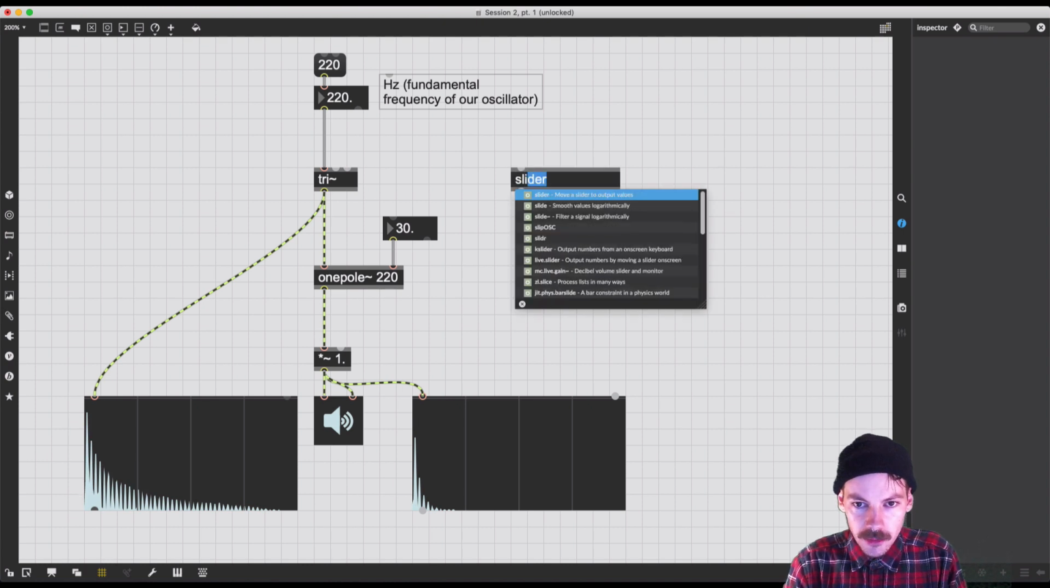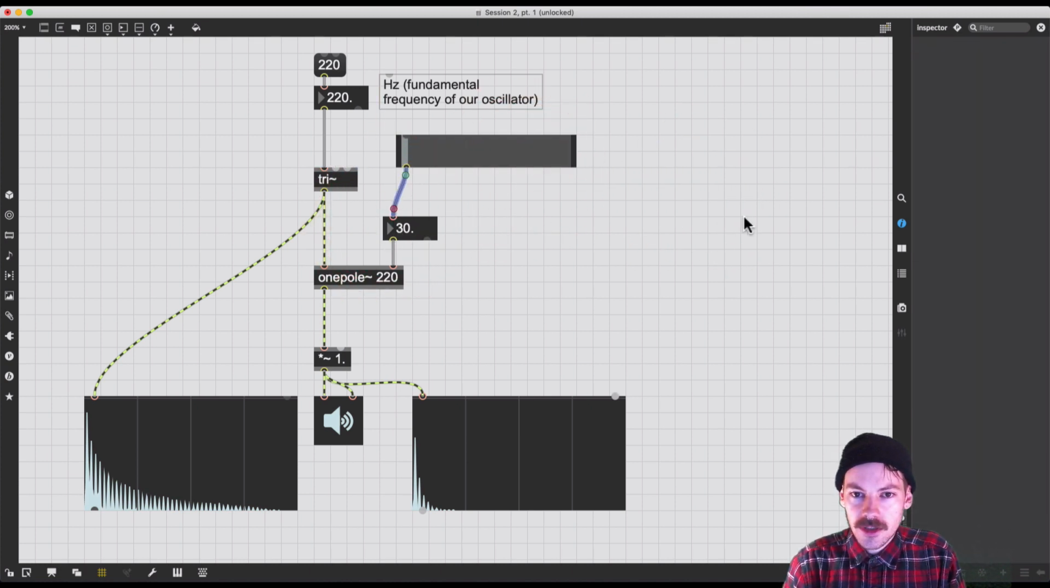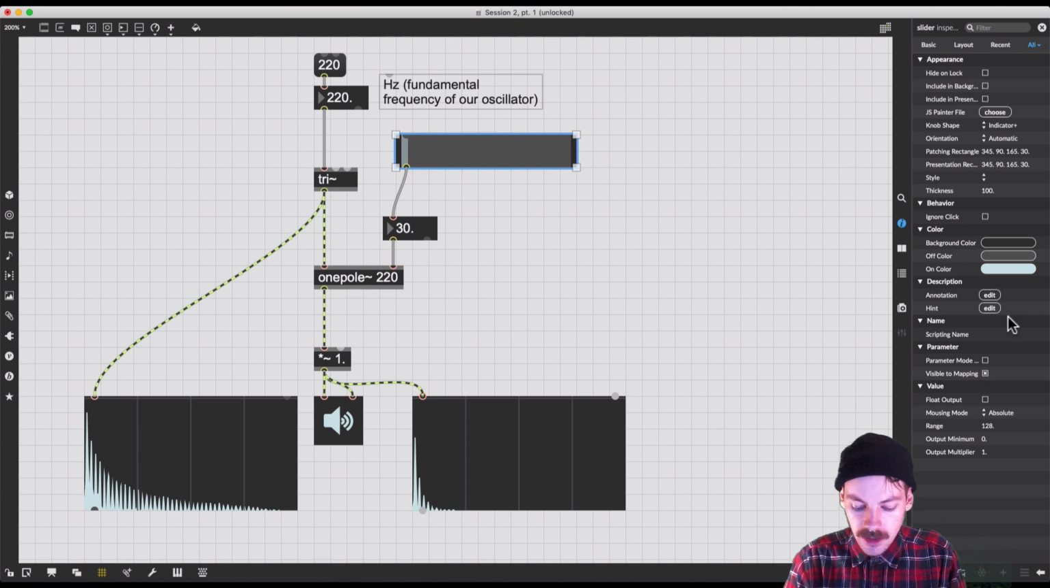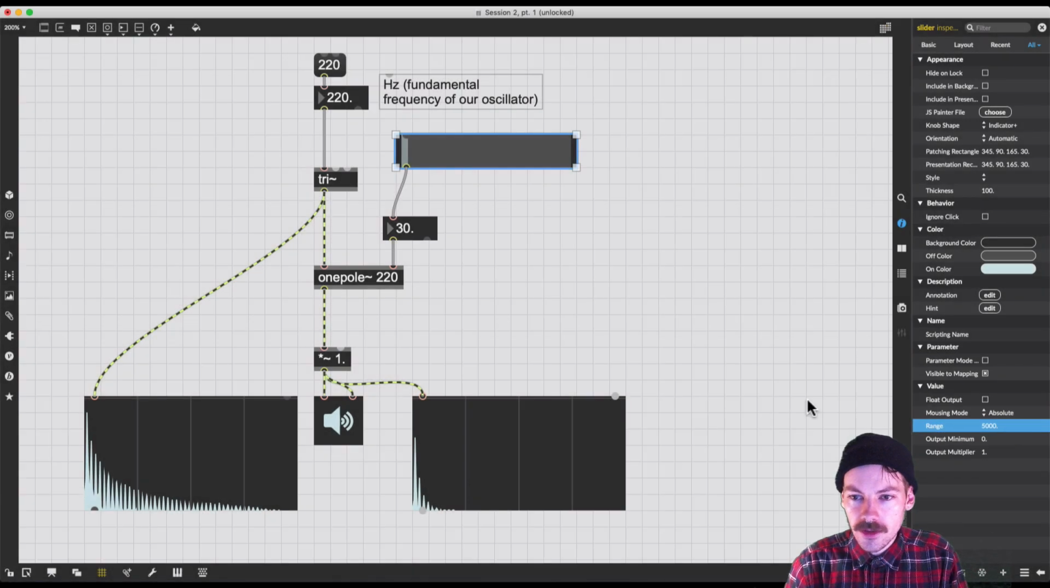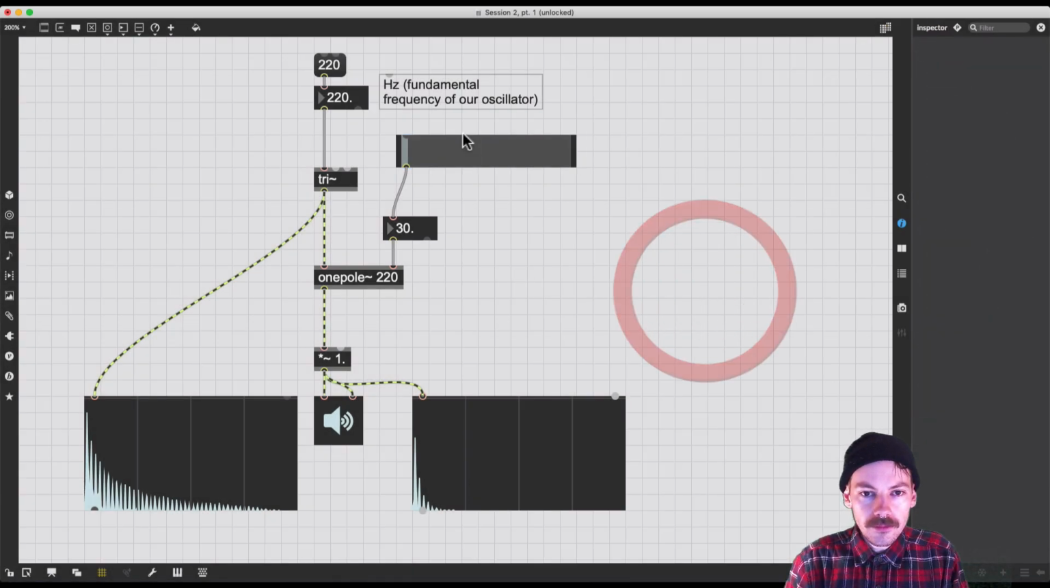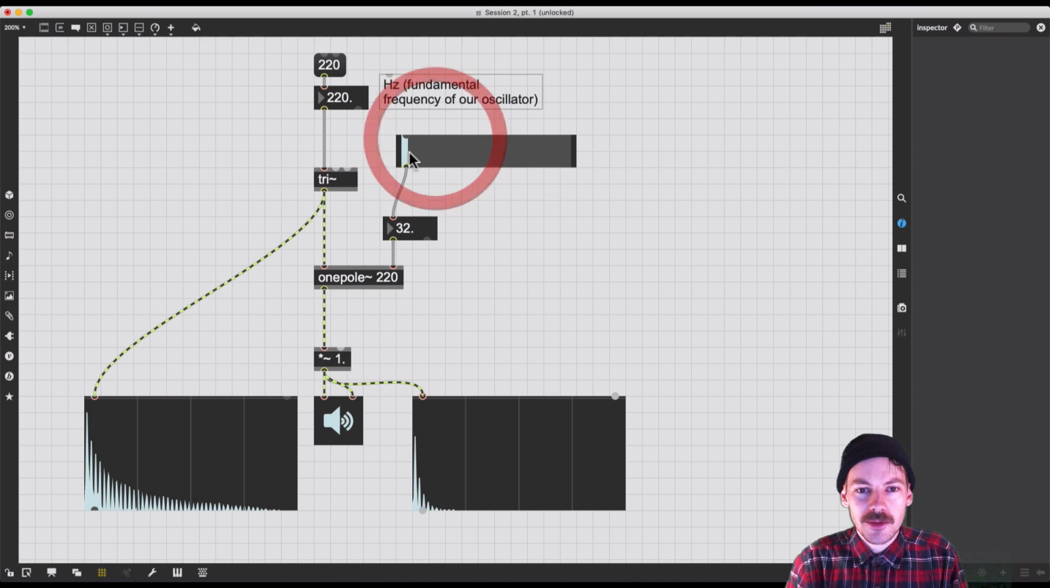So I'm going to create a slider object, and we know that our slider outputs a certain range of frequencies. I'm going to look in the inspector window here on the right hand side, so that's Command I if you didn't already have it up, and the range, I'm going to take that from 128 up to, let's say, 5,000 hertz. Okay, so now I can sweep through from 0 to 5,000 hertz really quickly,